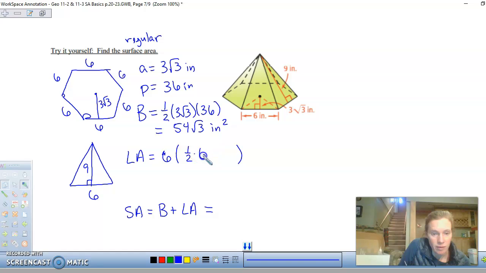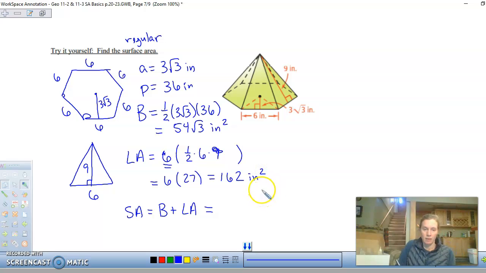So 1/2, 6 times 9. So again, this represents the 6 triangles around the hexagon, and then in here represents the area of one of those triangles. So I'm going to do 6 times, and then this is 3 times 9, which is 27. And then that is going to be 162